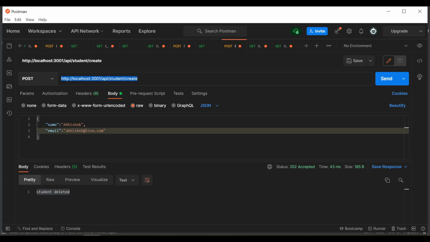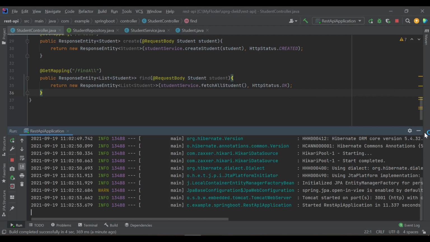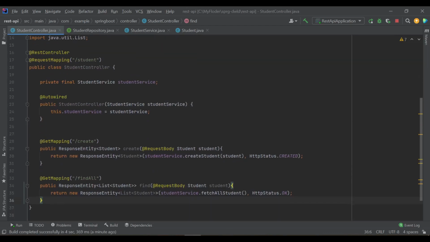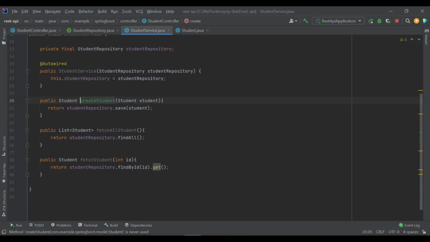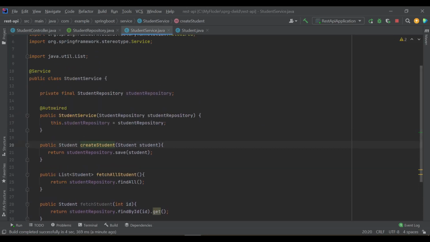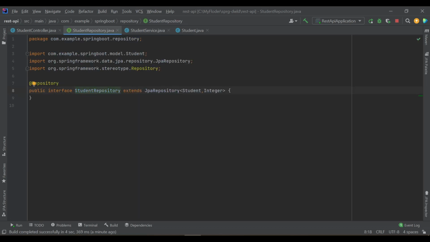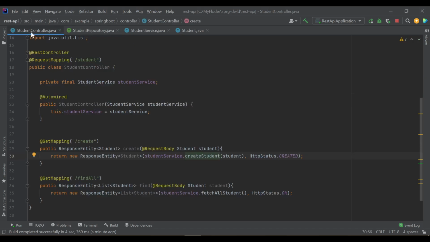So this create route is going to hit this create, and from here it's going to hit the create student, which is in the service layer, and from service it's going to call the student repository, which is in our repository layer, right? So from controller to service, service to repository. Let's test now.